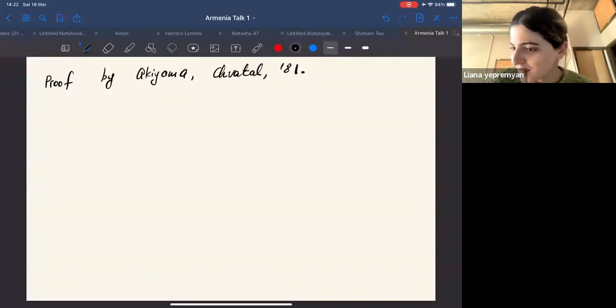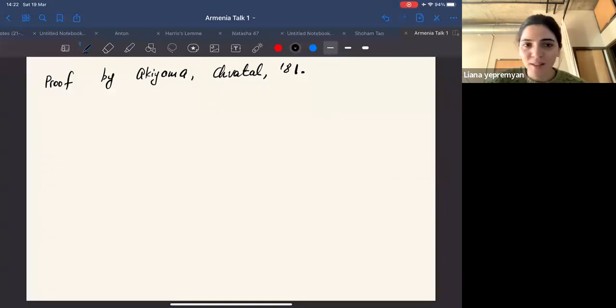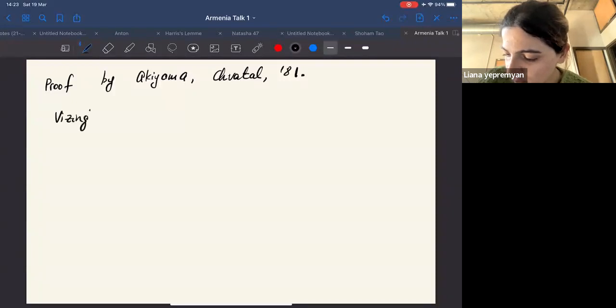Okay, so a proof by Akiyama and Hwadal is, let me try to present the proof. Okay, so I'm guessing that most of you have seen Vizing's theorem, which says that, so Vizing's theorem tells you that